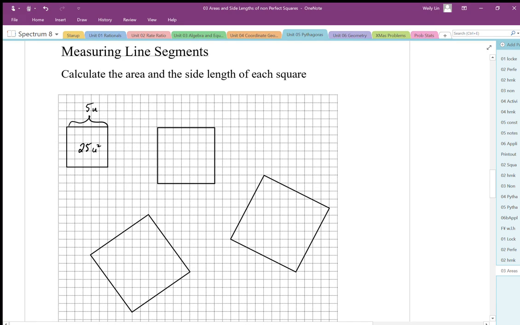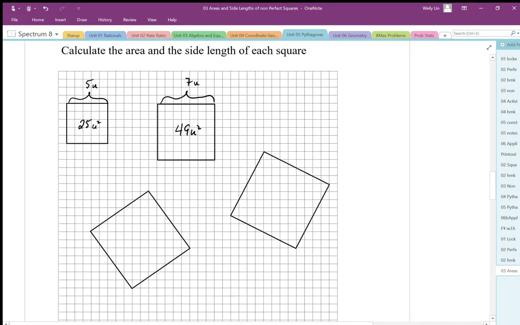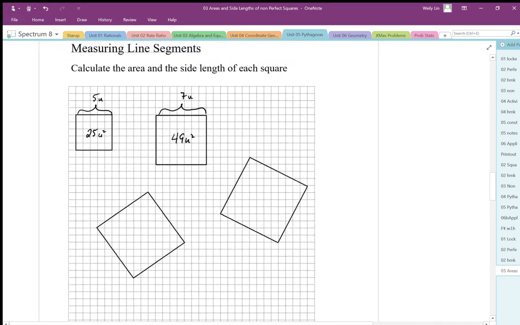Okay, and then same thing here. I can really just count across 1, 2, 3, 4, 5, 6, 7. And I can count 49 squares in here, and I get an edge length of 7. Okay, 7 units. The diagonal squares are a little bit harder to find the edge lengths, but now we have